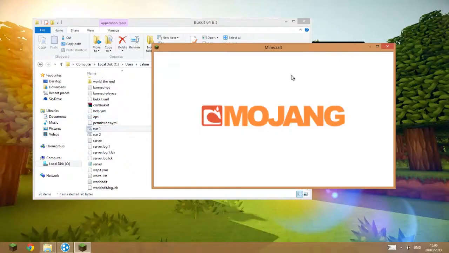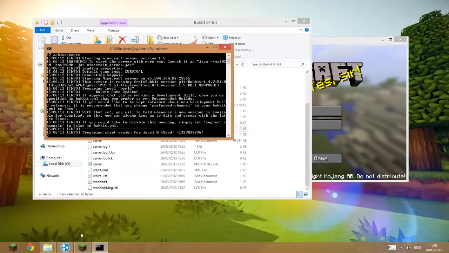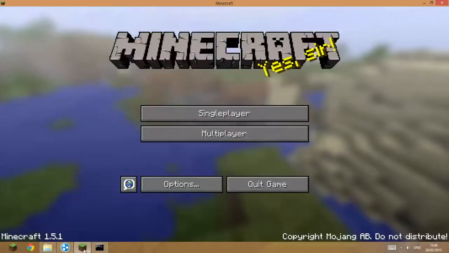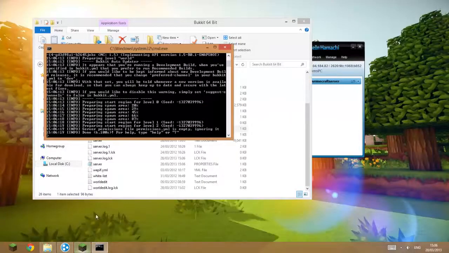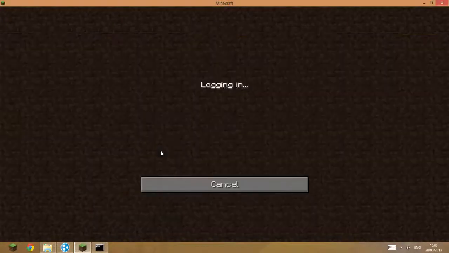Now open up Minecraft again. You must run this file for your server to be open. Also make sure Hamachi is always open as well. I'm now going to show you how to make yourself an op, which means you can access all the commands. If I now go to my server,